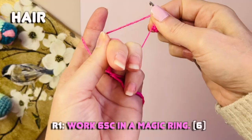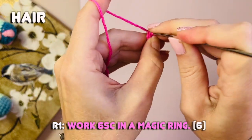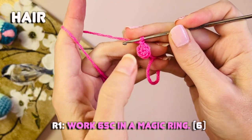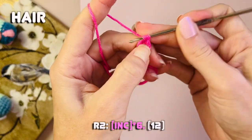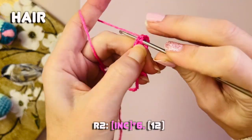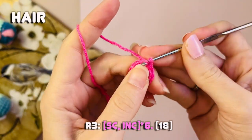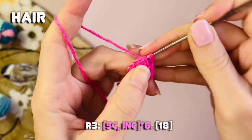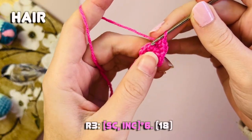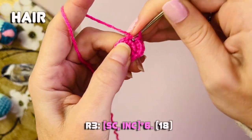Pull that yarn tail, as you guys are already aware because we did this for the body, and then come in the very first stitch space of the round and make a slip stitch and chain 1. For round number 2, we are just going to make increases in every stitch space, so you will have a total of 12 stitches after round number 2. And for round number 3, you're going to start with a single crochet stitch followed by an increase, 1 and 2, and you're just going to repeat that another 5 times. At the end of this round number 3, you will have 18 stitches in the round, and just finish off